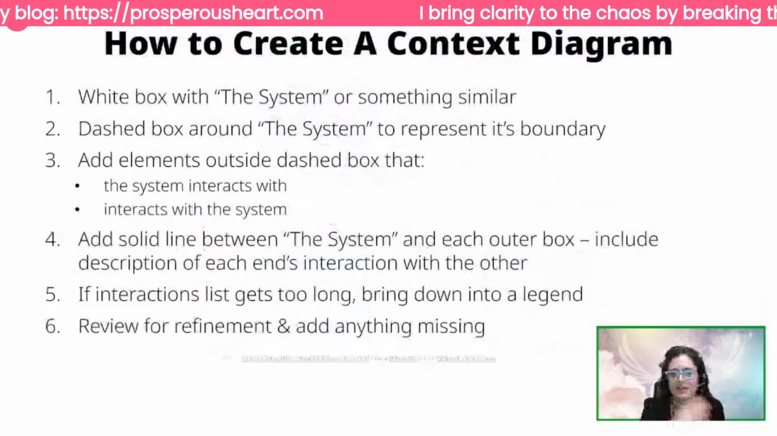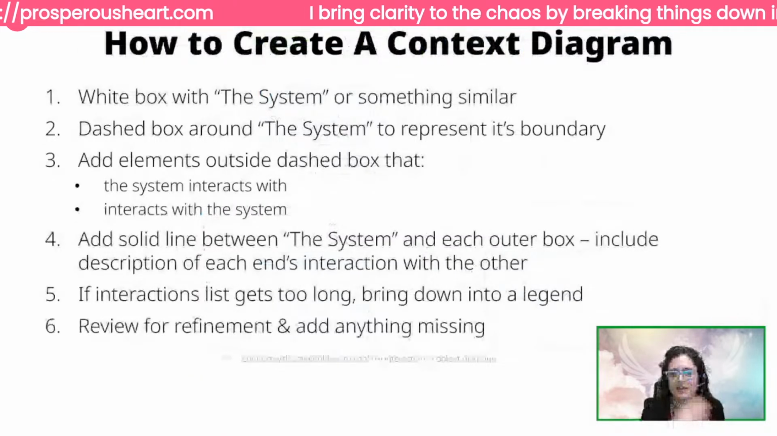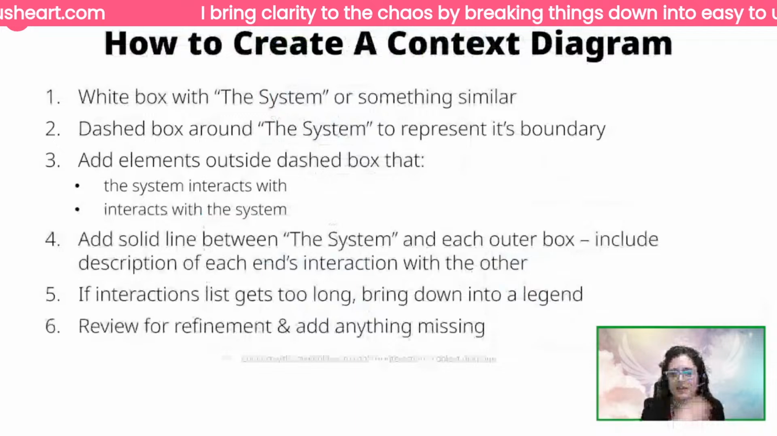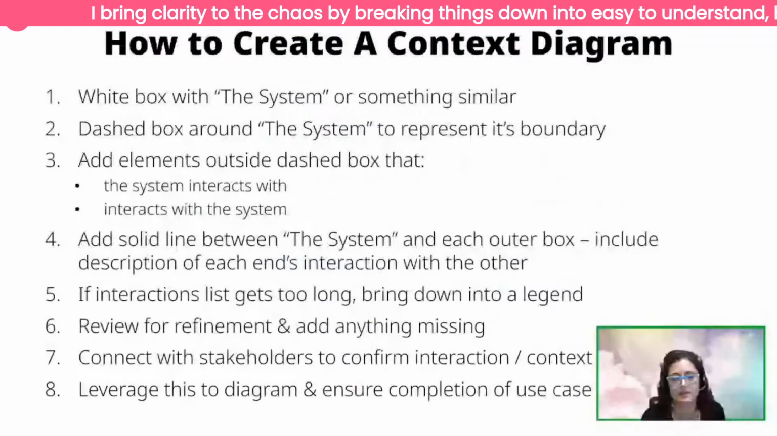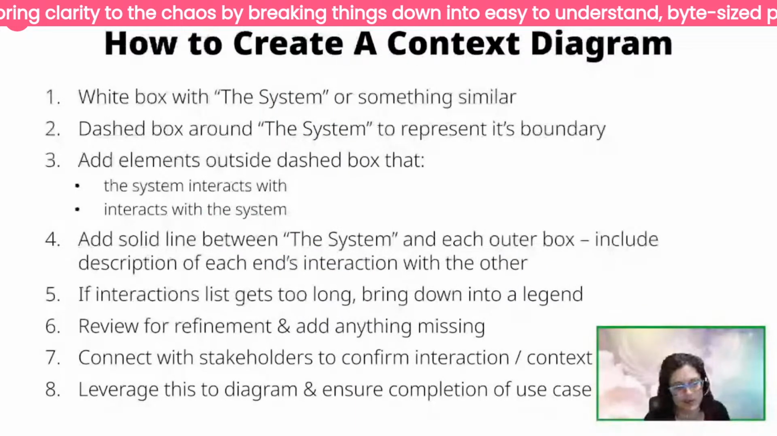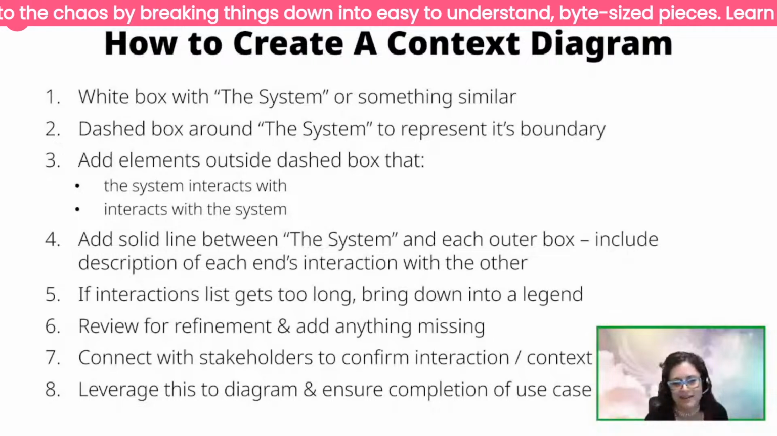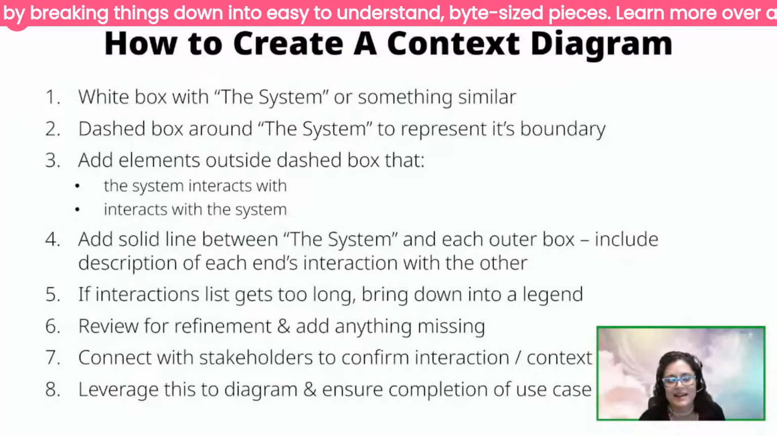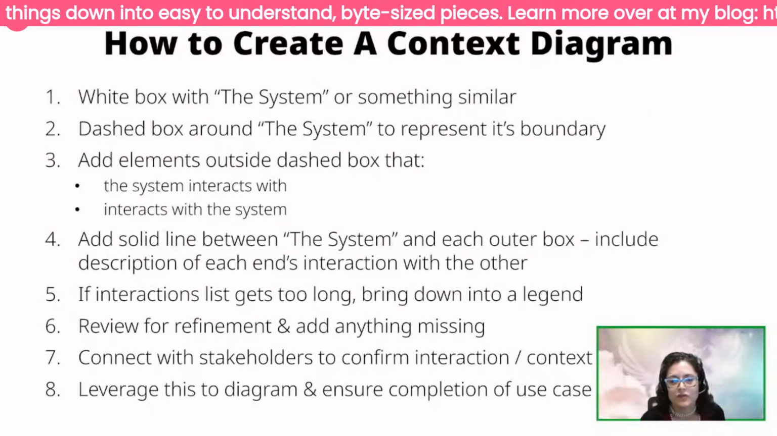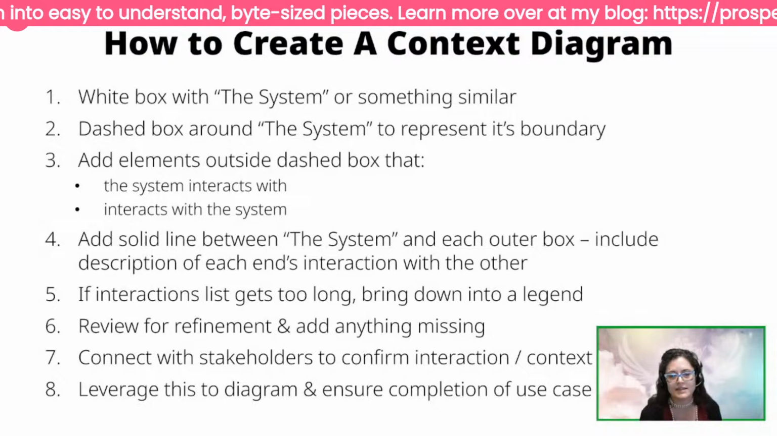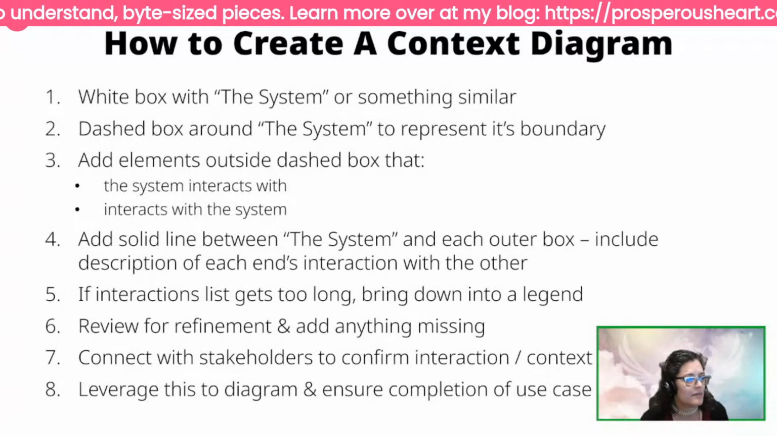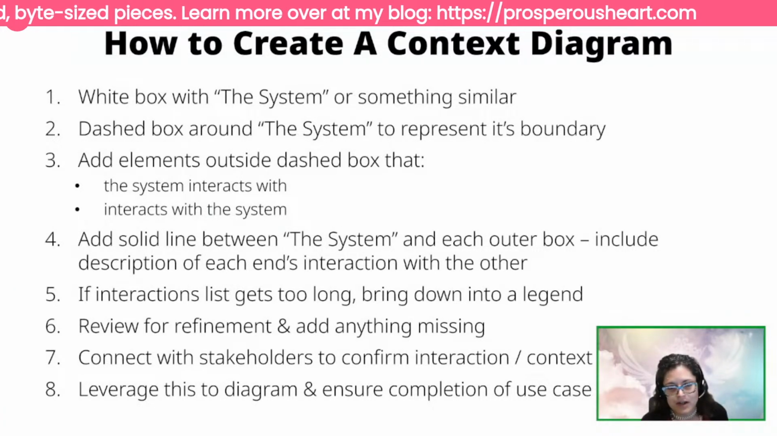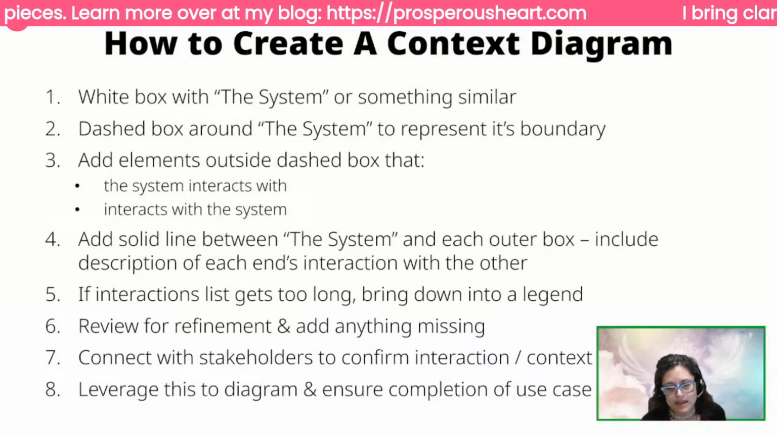So once you do that and you've got everything up, you'll review for refinement, add anything that's missing. You'll connect with your stakeholders, because you should be connecting with them at so many different places than they probably are being connected with at this moment. But you want to connect with them, make sure that they confirm the interactions in the context diagrams. And then number 8, you're going to leverage this diagram to ensure completion of your use case list, which again,